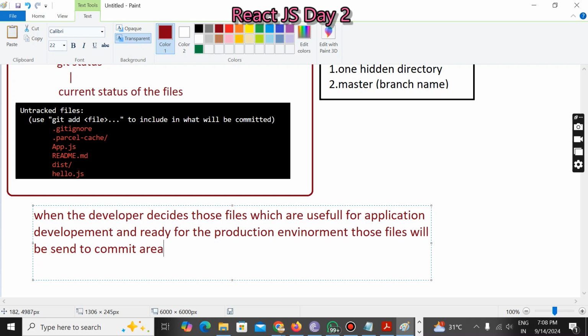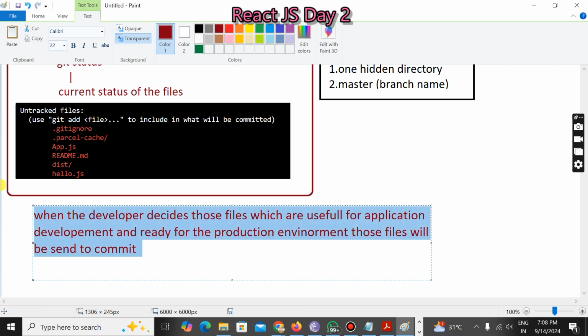Those files only we will commit. Okay, right. Let's go